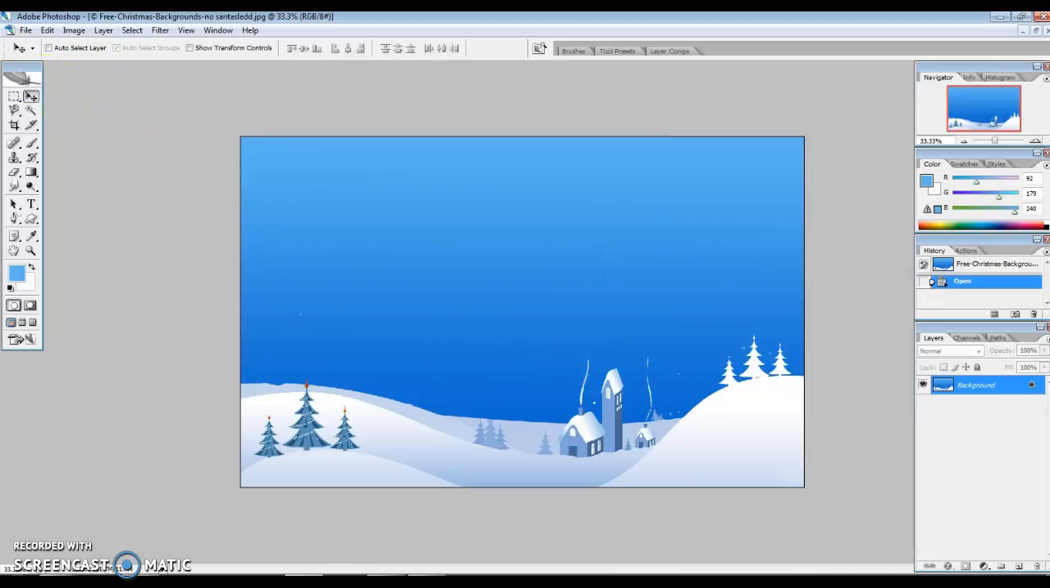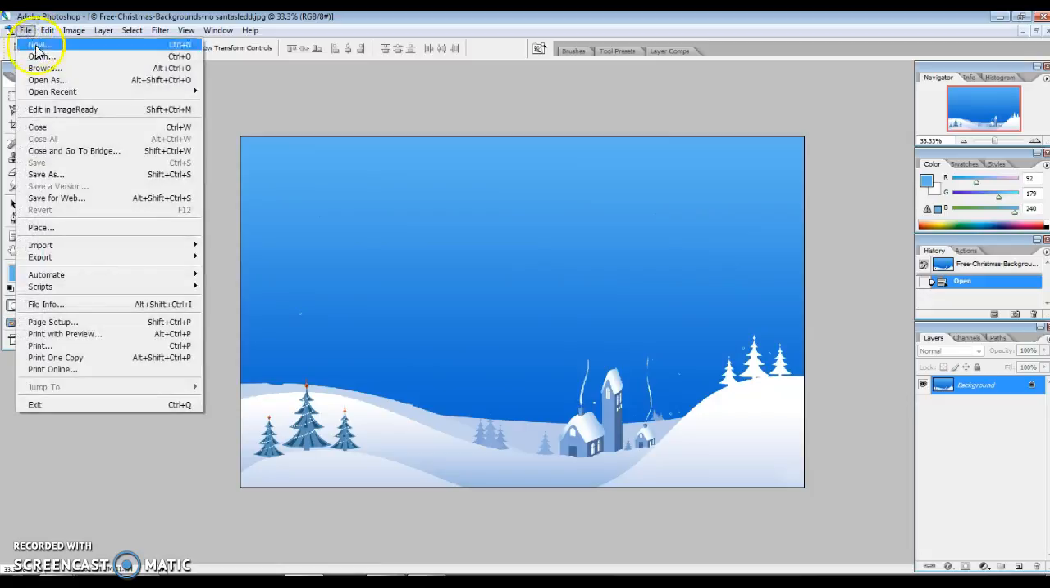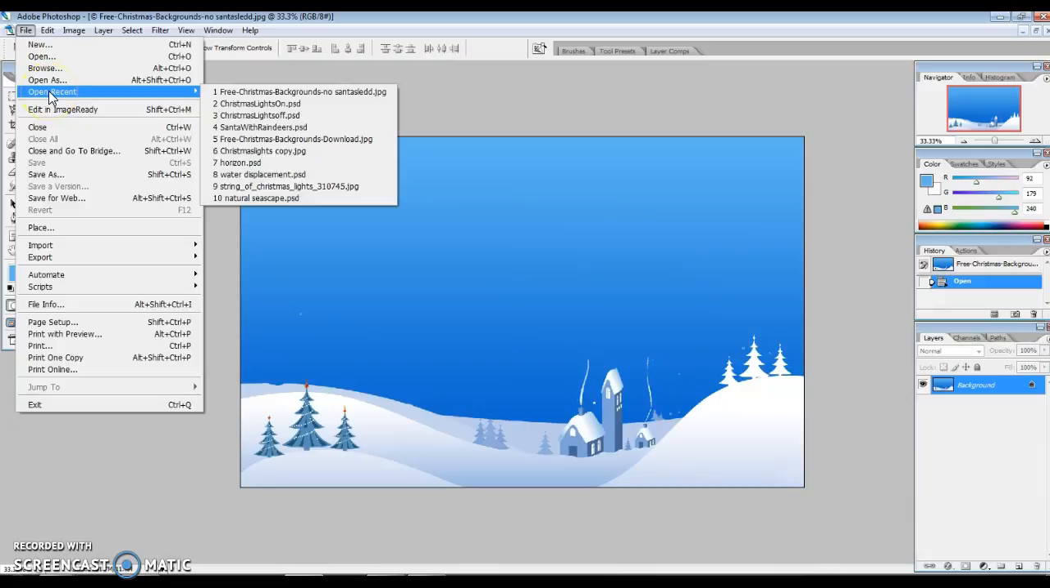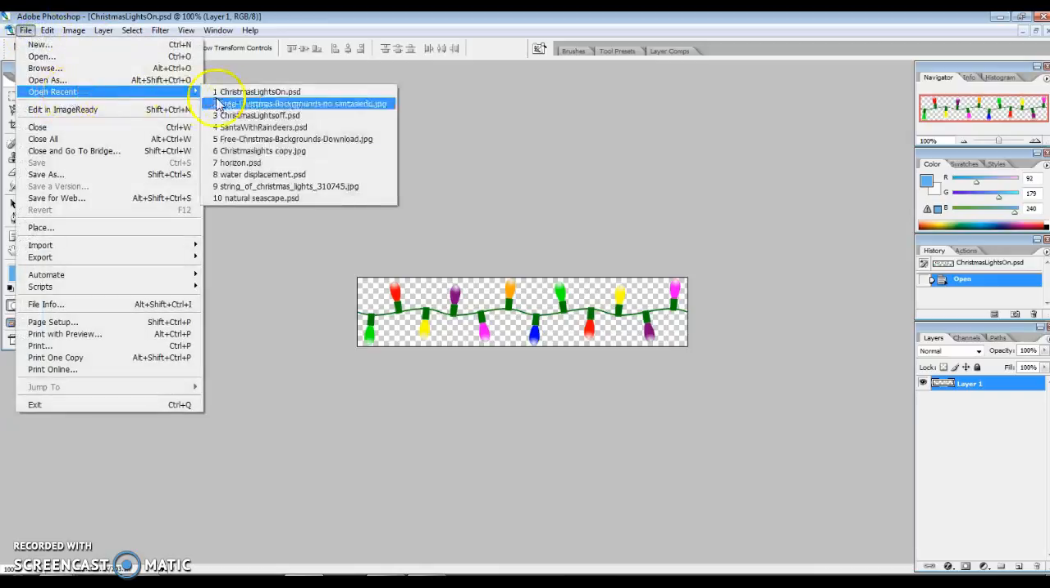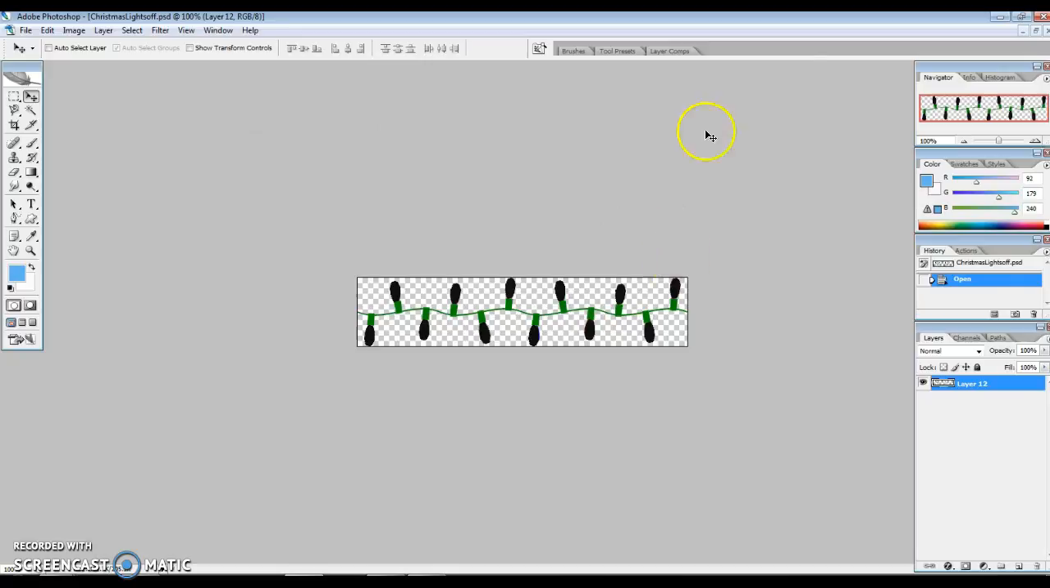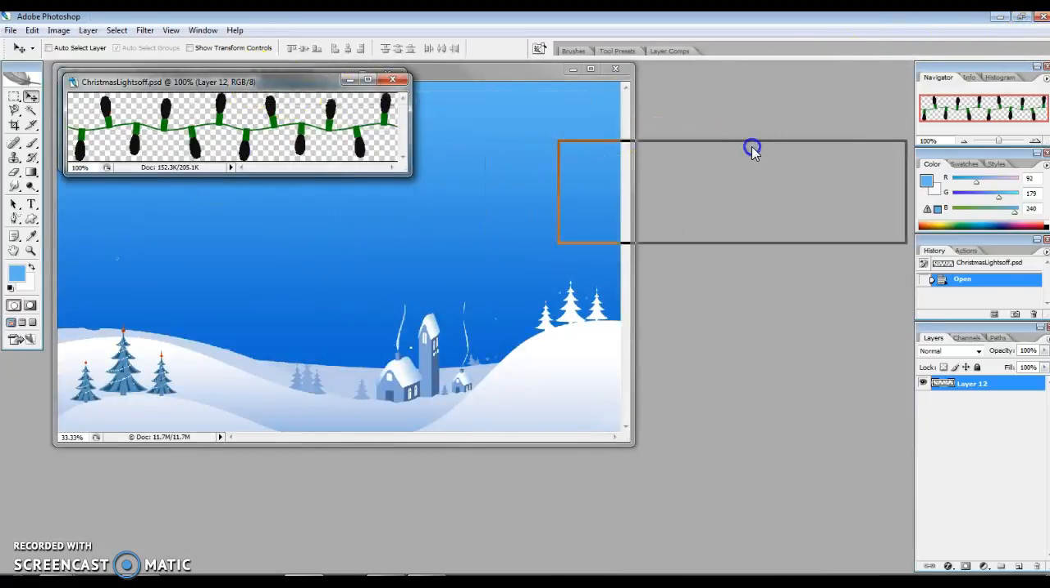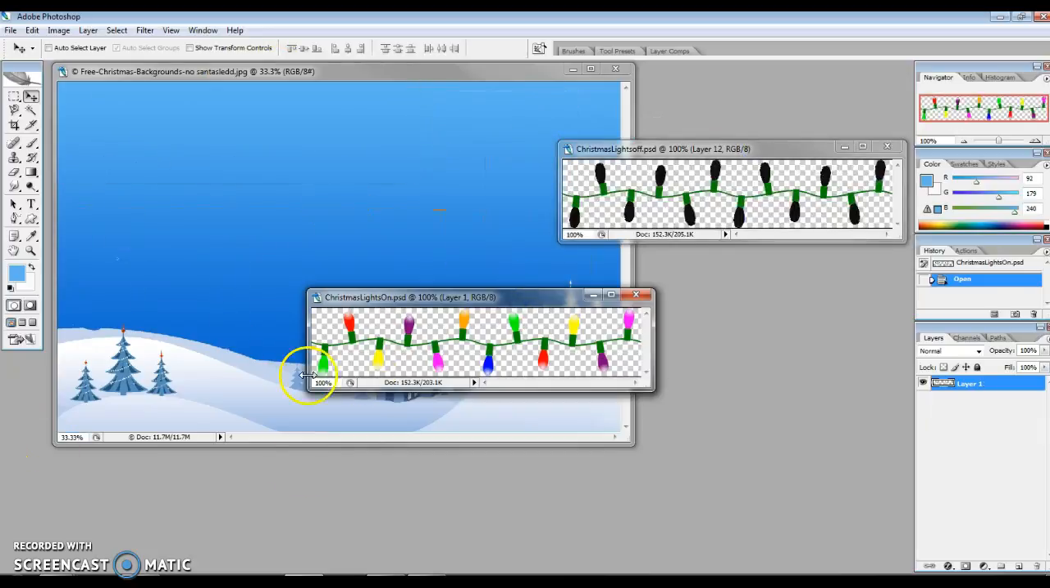The next step is to load another file called lights off and lights on. There are two files in there. I have a bunch of documents open in Photoshop, I have 3. The next thing to do is select those lights. I'm gonna use the magic wand